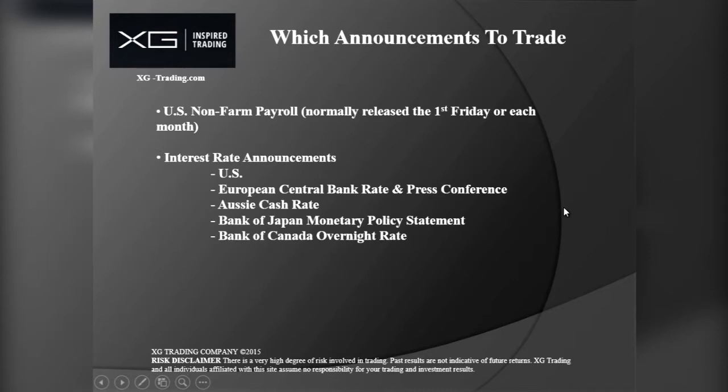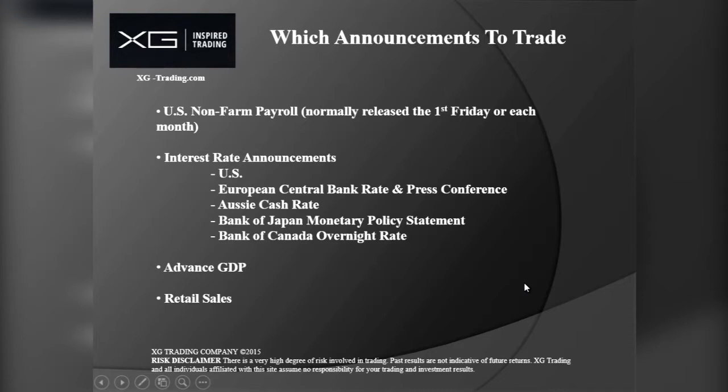Any interest rate announcements, whether it's for the U.S., the ECB, the European Central Bank, the Reserve Bank of Australia, Bank of Japan, Bank of Canada, Great Britain. Interest rate announcements are huge market movers, so you'll want to watch those. Advanced GDP numbers. You don't want the old GDP numbers that everyone kind of knows what's going to come out. You want the advanced ones because those are going to move the market more so. Last one to really keep an eye on is the retail sales releases.